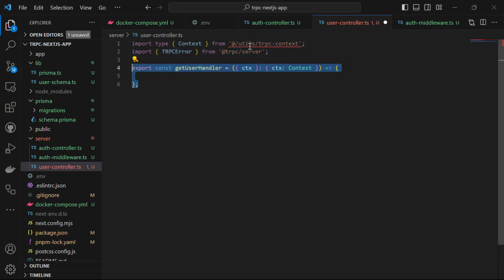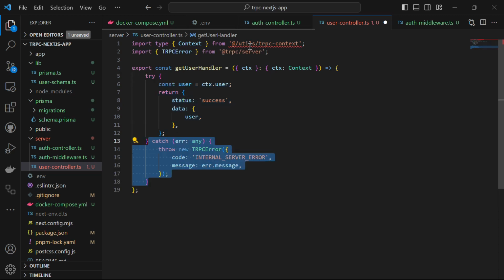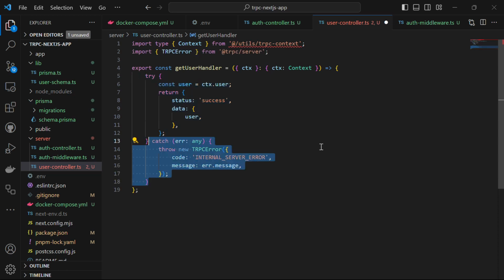Now, we will look at the function itself. We start by grabbing the user information from the context. This is going to be set during the authentication process. And if everything goes well, we send a success response with the user data. And in case there's an error, maybe due to some internal server issue, we catch it. And we throw a custom tRPC error to handle the error gracefully. This is going to include an error code and a message. So save this file,